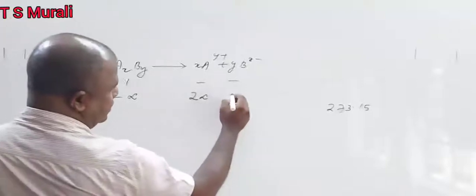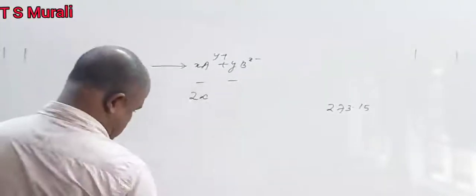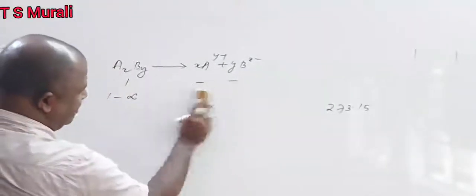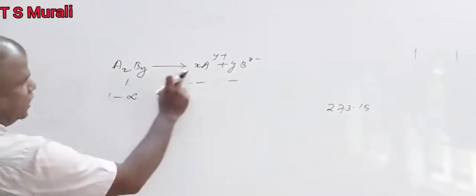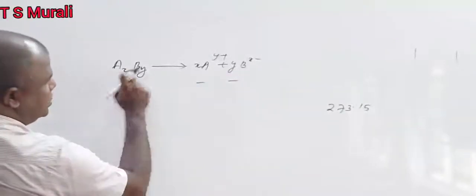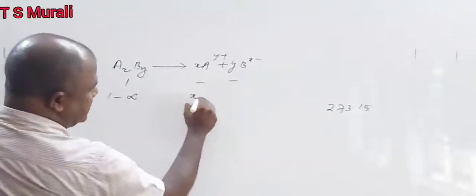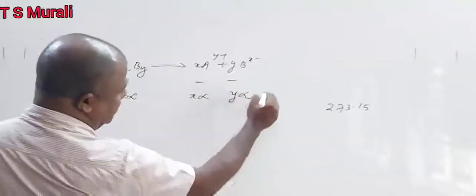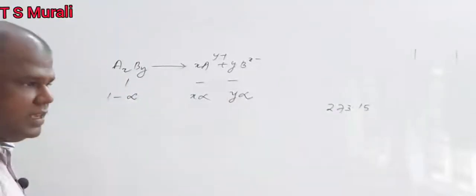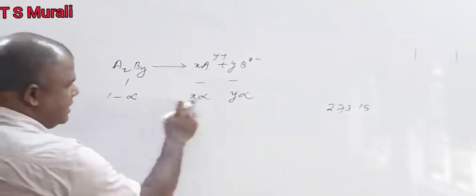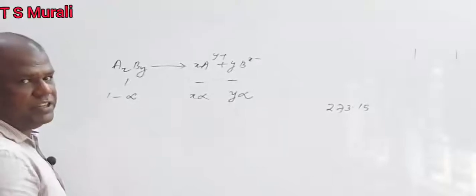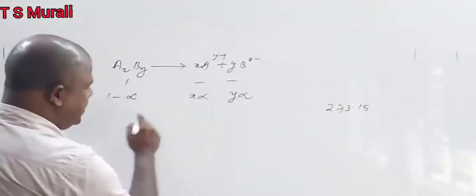Agree? And here, not 2, X alpha. 1 dissociates to form X and Y. So 2 dissociate to form 2X and 2Y. So alpha dissociates to form X alpha and Y alpha. Agree? Actually, these are the particles present after the dissociation, and the total number of the particles is equal to